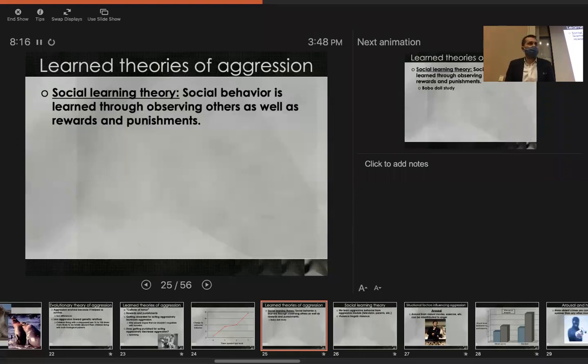But in the 1970s, a researcher by the name of Albert Bandura came along and said that, although that can certainly happen, we certainly do learn by being punished and rewarded, we can also learn simply by observing other people, even if we're not directly rewarded or punished for that behavior. This is a type of observational learning, in other words. And his theory in which he described this is called social learning theory. So we can learn social behavior by watching others. And children in particular are likely to watch the behavior of their parents. So by observing the behavior of your parents, you can learn to engage in certain behaviors that they engage in.